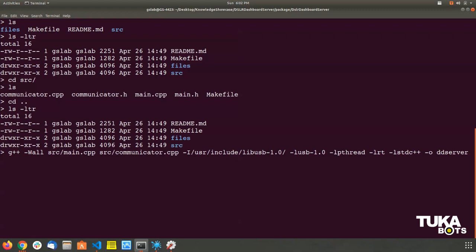Now I'm going to use the command G++. You can use GCC also, and main.cpp, communicator.cpp. These are the two files.